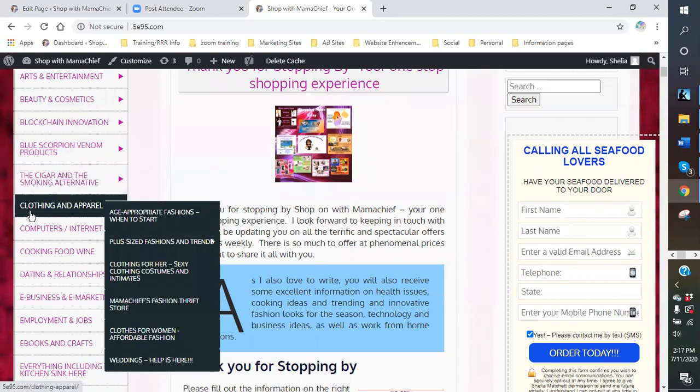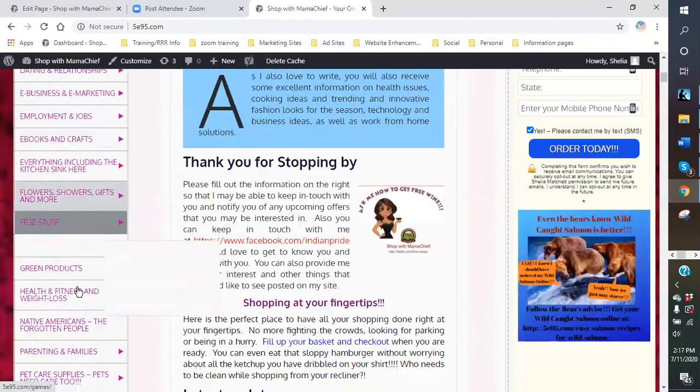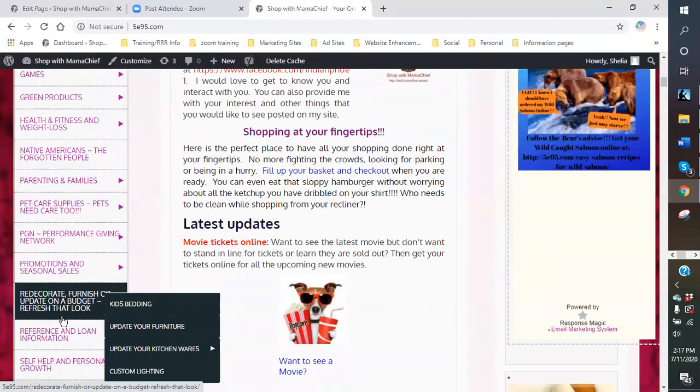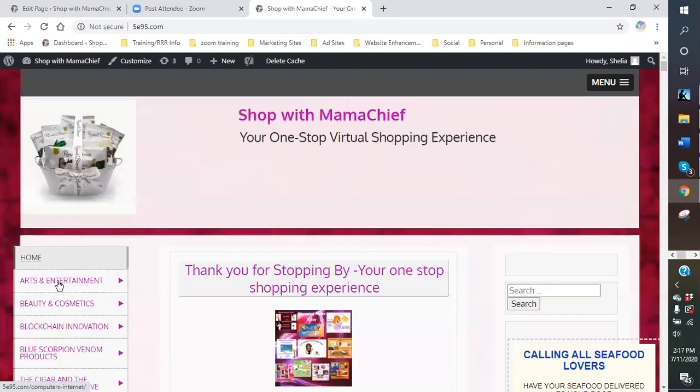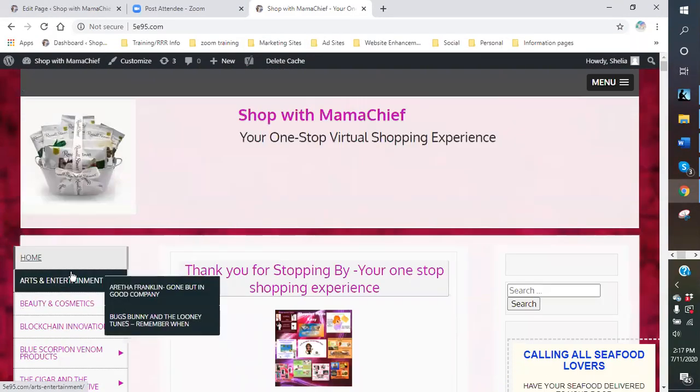You created menu options so that you can put a page in that menu, and then you created drop downs because you had another category that you wanted to put it in there. Okay, and some people's menus were just too full. Mine's too full, probably. And the thing about it is